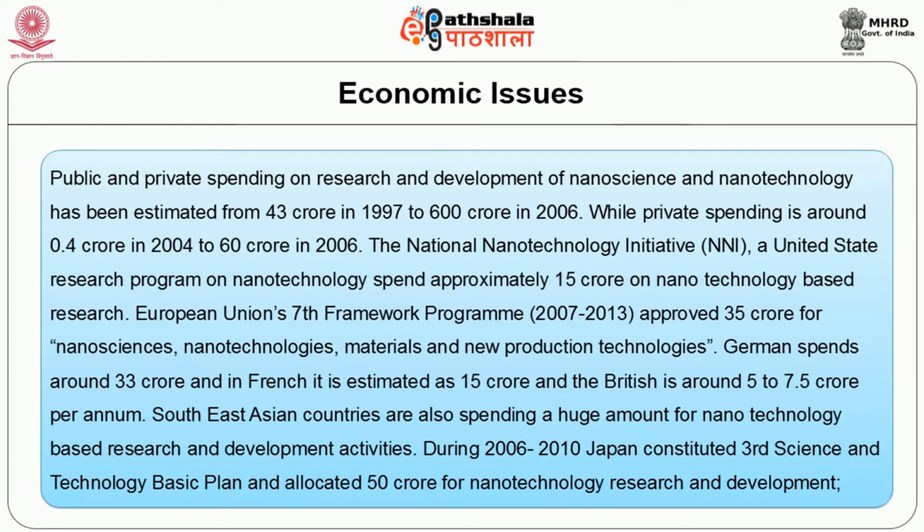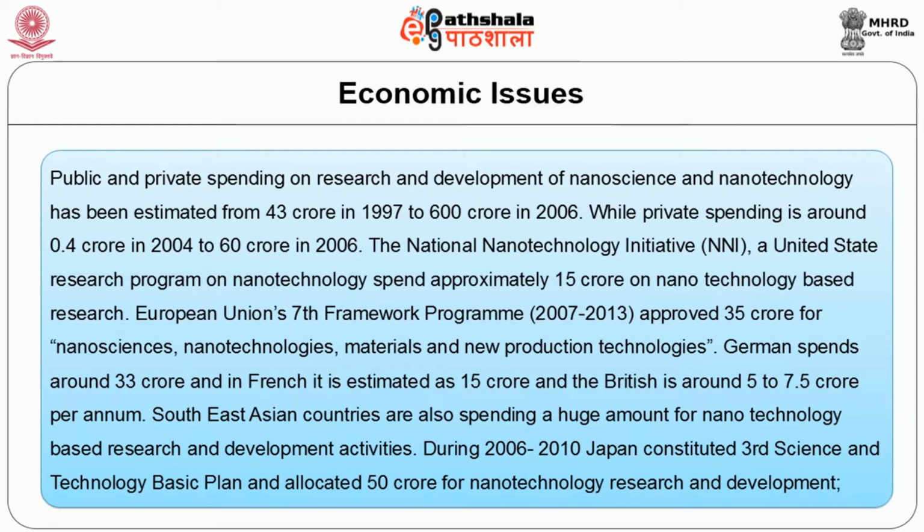European Union's 7th framework program, which was constituted during 2007-2013, approved 35 crore for nanosciences, nanotechnologies, materials and new production technology. Germany spends around 33 crore and in France it is estimated as 15 crore and Britain it is around 5 to 7.5 crore per annum on nanotechnology research. Southeast Asian countries are also spending a huge amount for nanotechnology based research and development activities. During 2006 to 2010, Japan constituted a committee called the Third Science and Technology Basic Plan and allocated 50 crore for